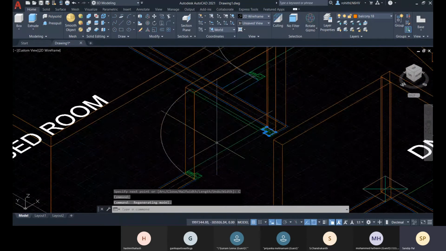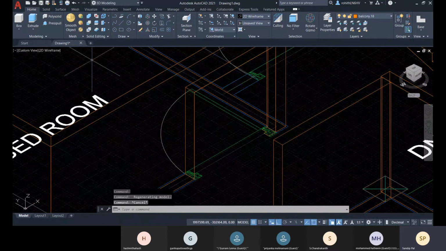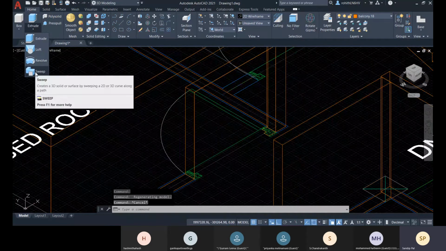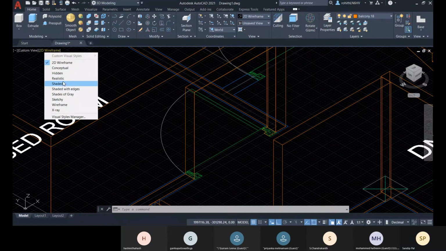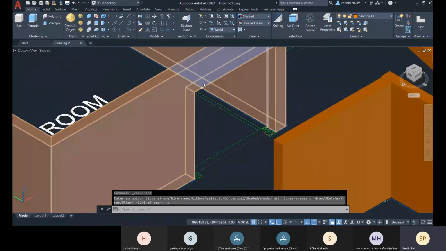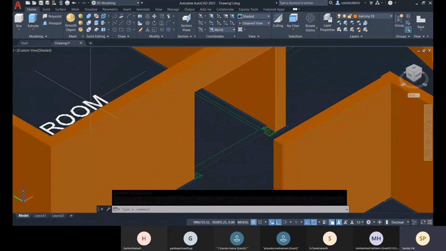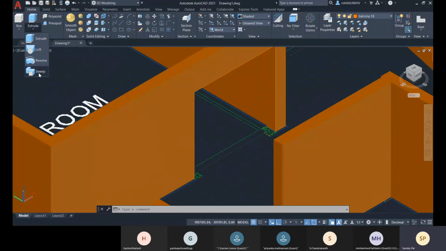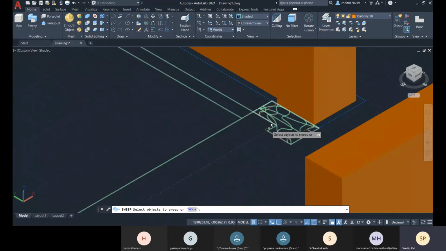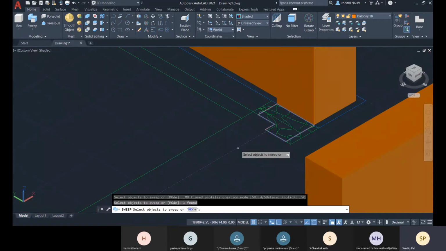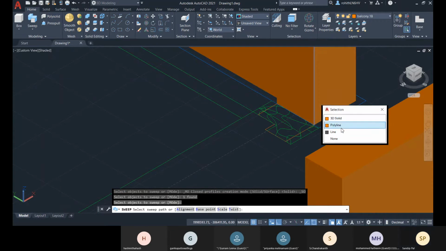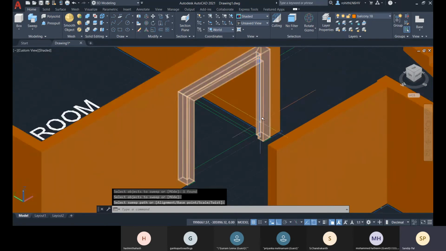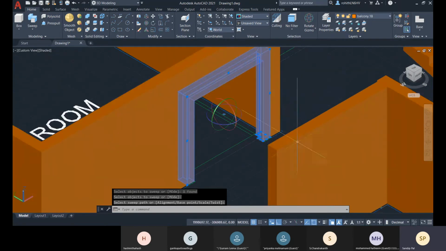so this is the door jam profile, and now what we will be doing is we will sweep along this path. Okay, we have the path. Remember, I have already created the polyline, so that will be the path. And let me go for this sweep. So this is the profile, and then enter, and then you select the path, the polyline, and there you have it.